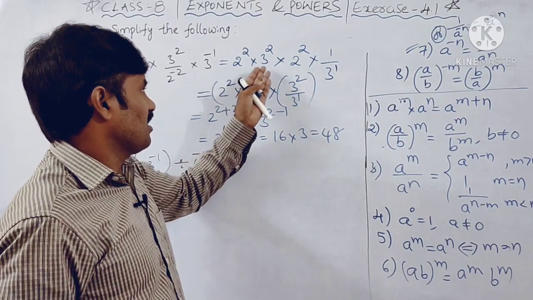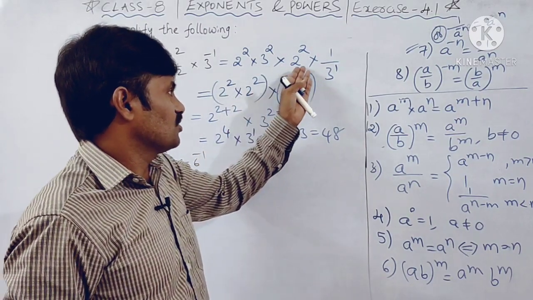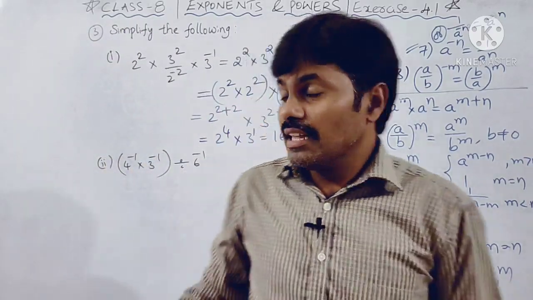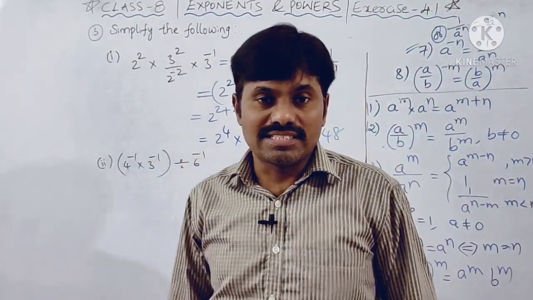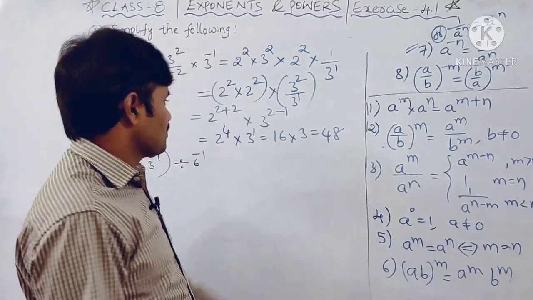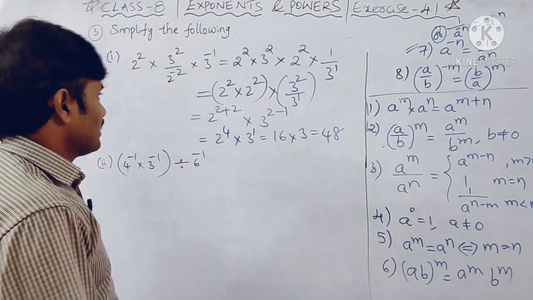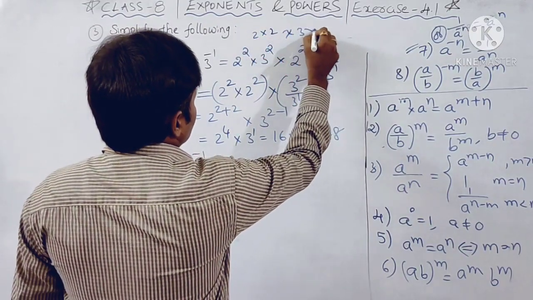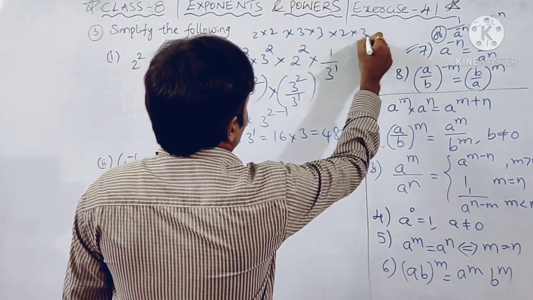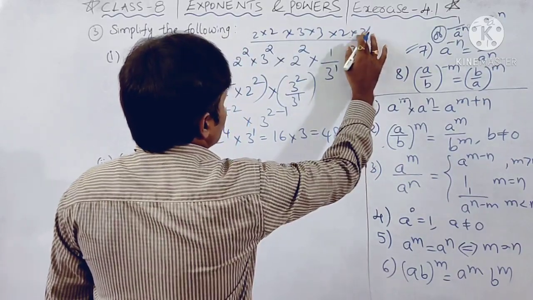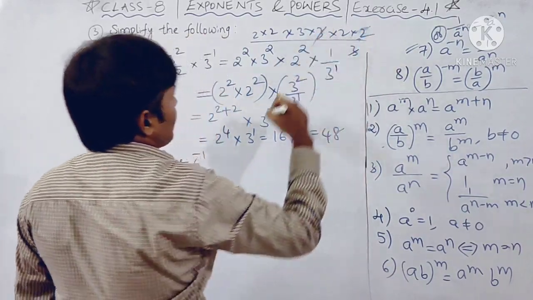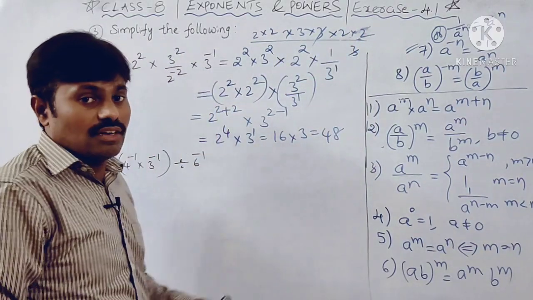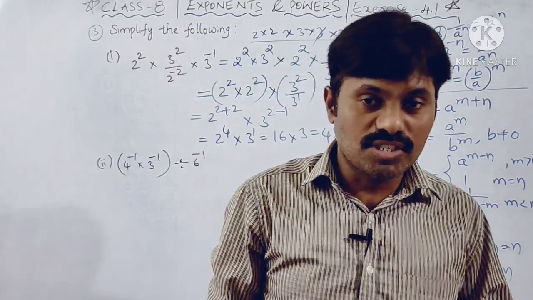Sir, why this much headache? I will multiply this all like this, 2 into 2, 3 into 3, 2 into 2 by 3, 3 cancel. Of course, but they asked us to use laws of exponents to simplify it, so I have followed this method. You may think I can write it as 2 into 2, so this has 3 into 3, and this one 2 into 2 by 3, so 3 cancel. 2 2s are 4, 4 3s are 12, 12 2s are 24, 24 2s are 48. Of course, it is not objective type.